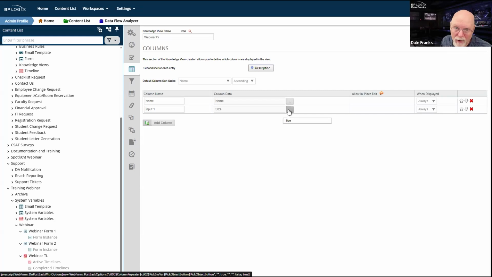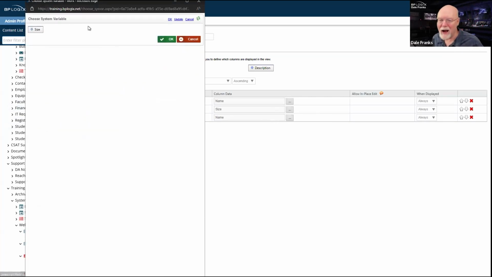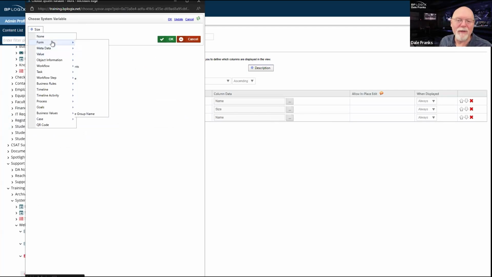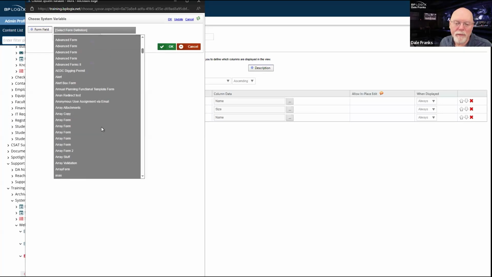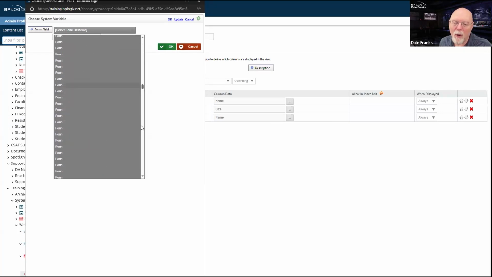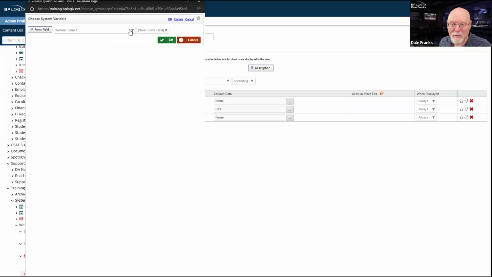Now, I do have a couple of options. I can do the ugly option, input 1, form 1, and then I guess input 1, form 2. And then I have to pick a specific form field from a specific form. Boy, if I have more than one form called a webinar form, I'm going to be upset. But I do have webinar form 1 and webinar form 2. So webinar form 1, input 1.